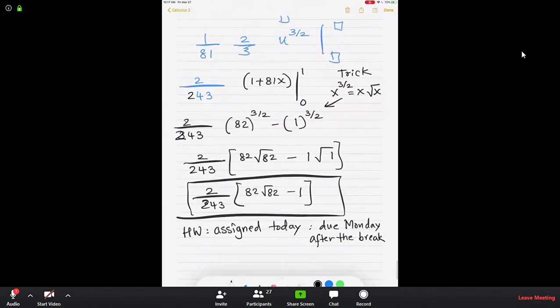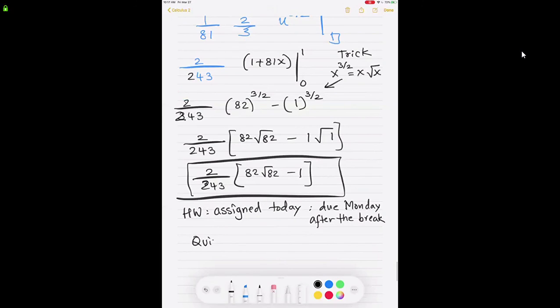But there is a quiz that I already assigned, which is due March 30th at midnight, which is 7.4. And officially the class is